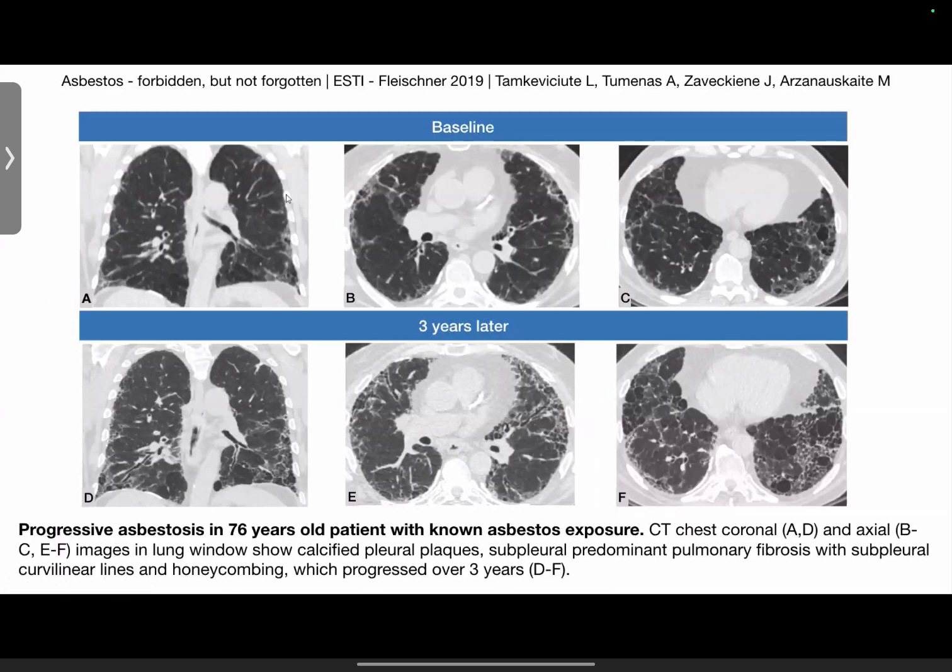Okay, so this is progressive asbestosis in a 76-year-old patient with known asbestos exposure. And most of the patients obviously will be men, because those are the jobs most commonly associated with men, more ship workers or cutting different types of material that will emit dust, which then will be inhaled by these patients. So three years later, as you can see, there's increase. One of the important things is that even though at the very beginning there was just a little bit of honeycombing, the honeycombing has extended and become much more severe.